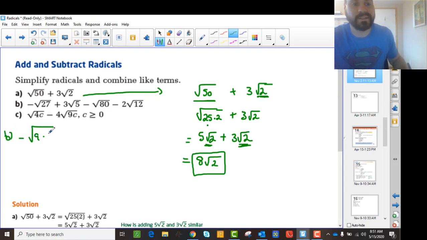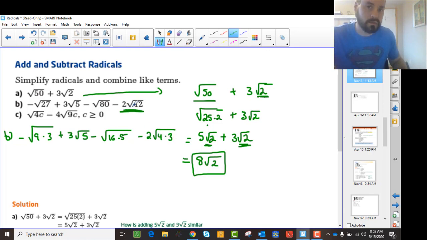I'm going to write that as 9 times 3. 3 root 5, I can't do anything with that. Minus, and then I'm going to write 16 times 5. That's what 80 is. And minus 2 times, and then 4 times 3. Okay, this is a unique one because it's already a mixed radical, but it's not a mixed radical in simplest